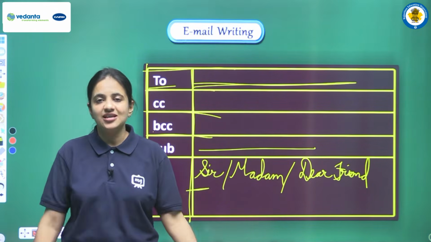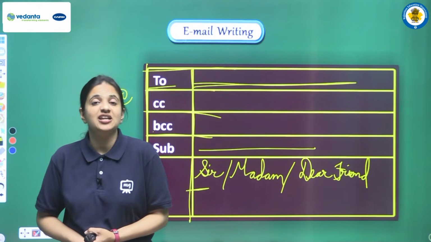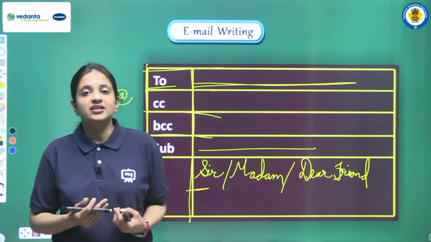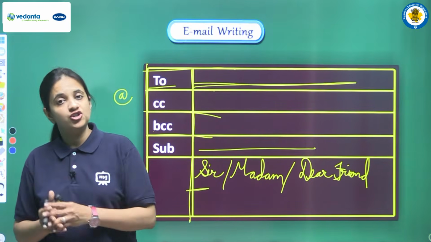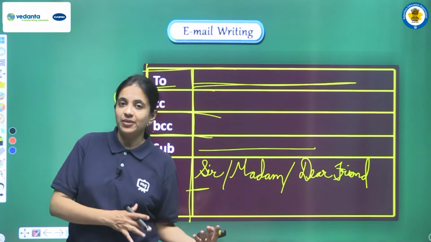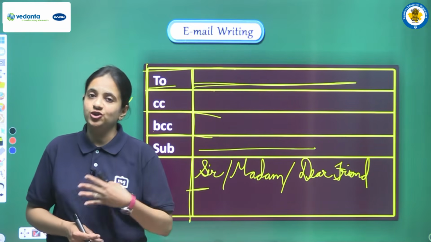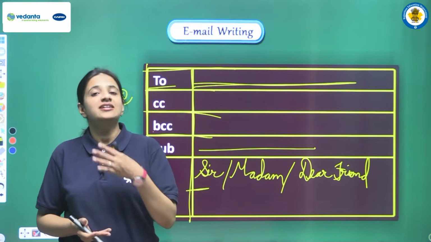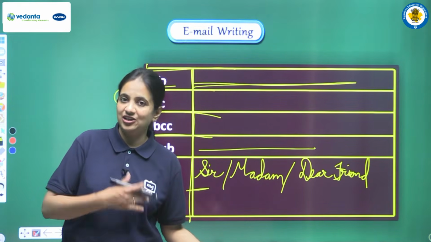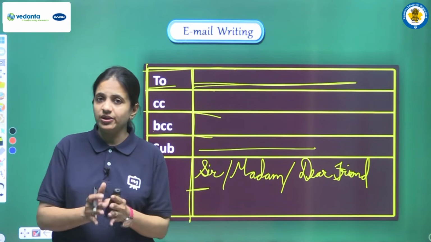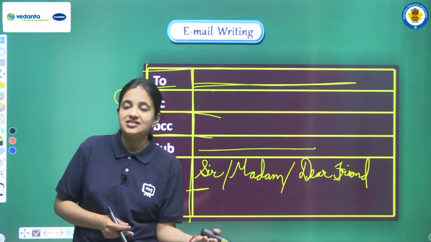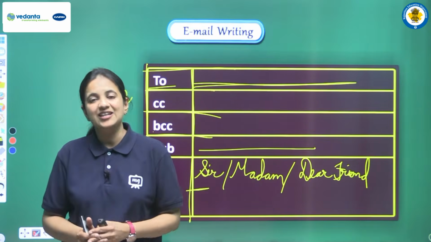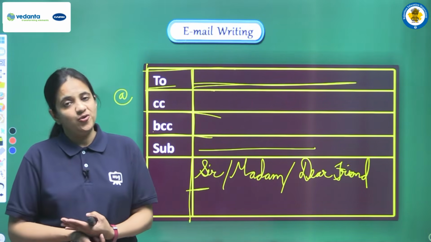And now I want to share some of the important tips that you have to take care while writing the email. So students, email should not be in a very detailed manner. Okay, so you should keep your email short, but all the important things should be there. So you have to cover all the things, but in a very short manner, right? Next, yes, you have to take care of all the grammatical rules, the sentence structure should be perfect. You should take care about the tense that you are using, about all the other parts of speech. Okay, so considering all these things, you have to write your email.